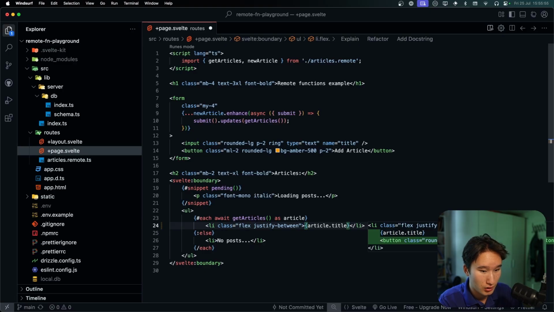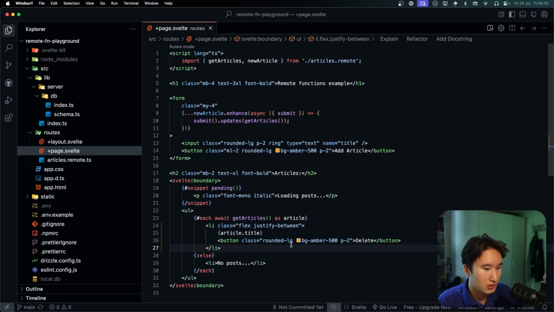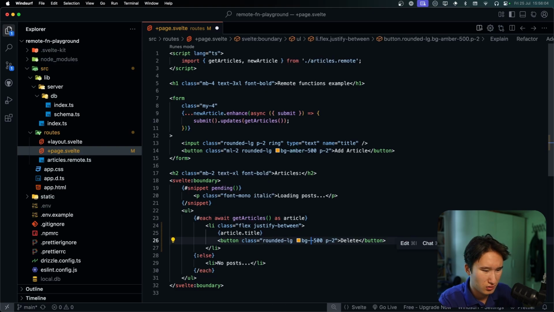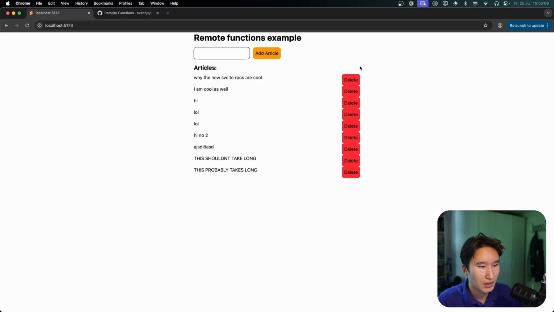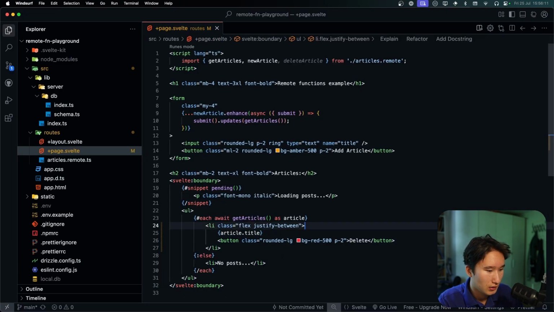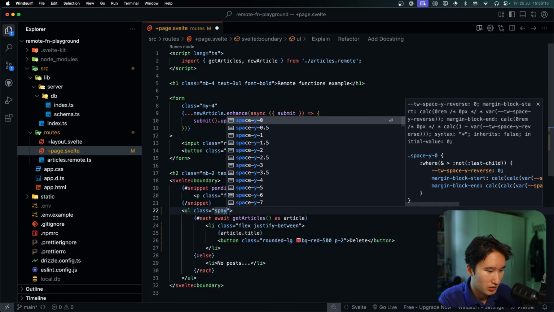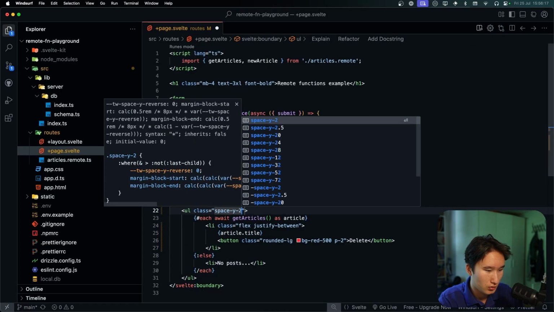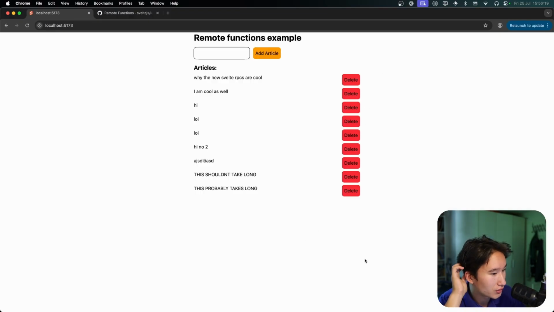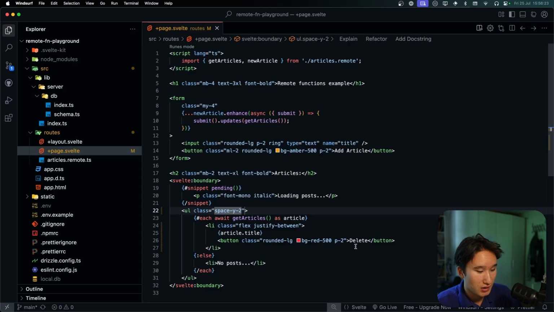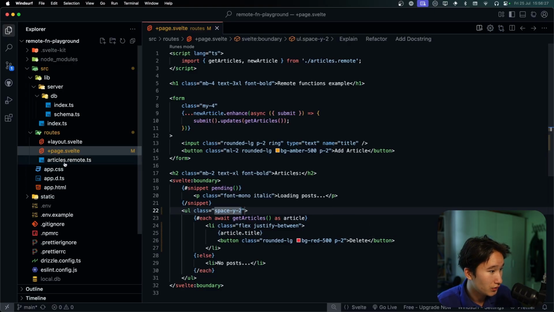And then we're gonna, it's as if it would listen to me. That's kind of creepy. And we don't want to have this. We just go and, yeah, red. I guess it looks kind of ugly. And space-y-2. Yeah, now it's a bit more pretty. So yeah, we have this button, this delete button, and what we need to do now is go ahead and